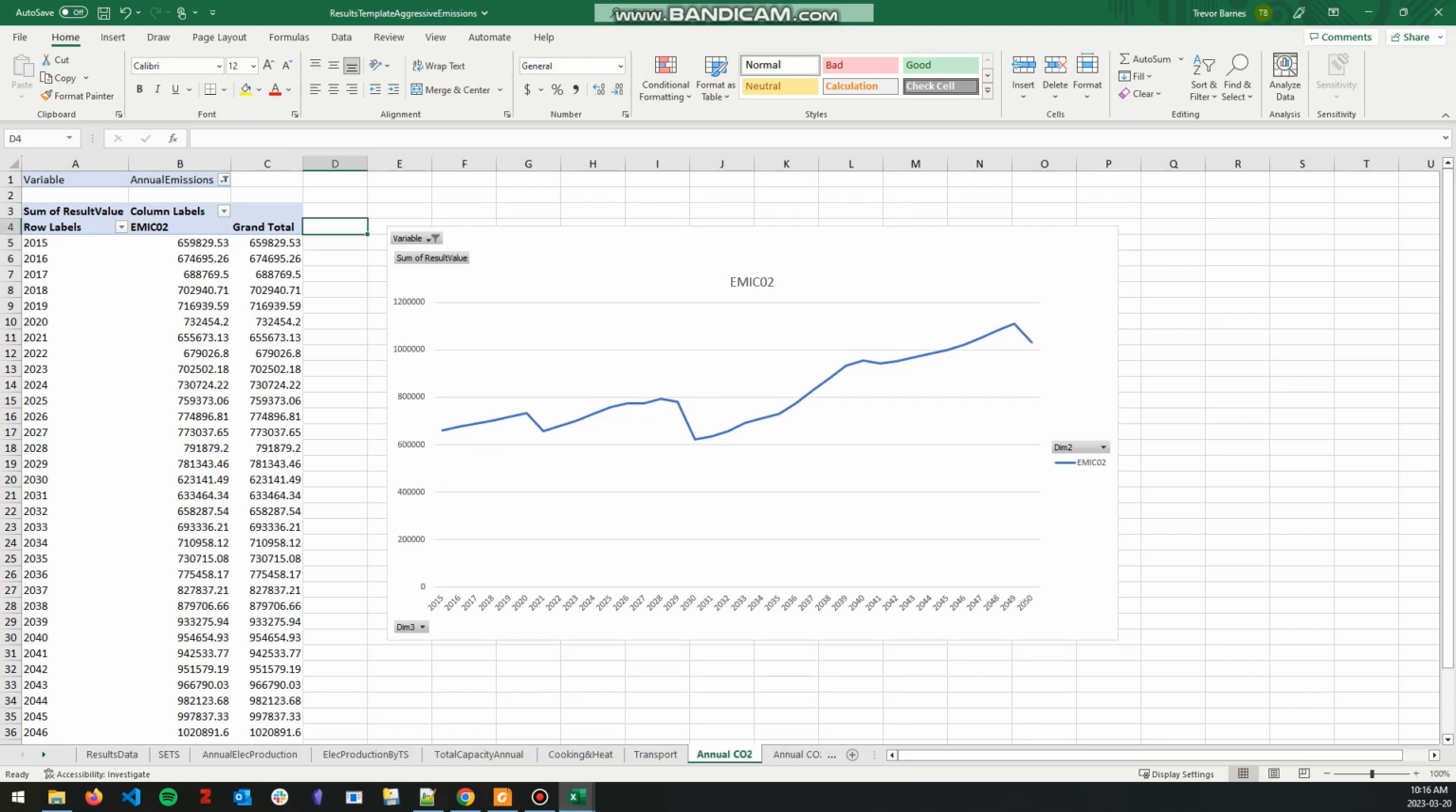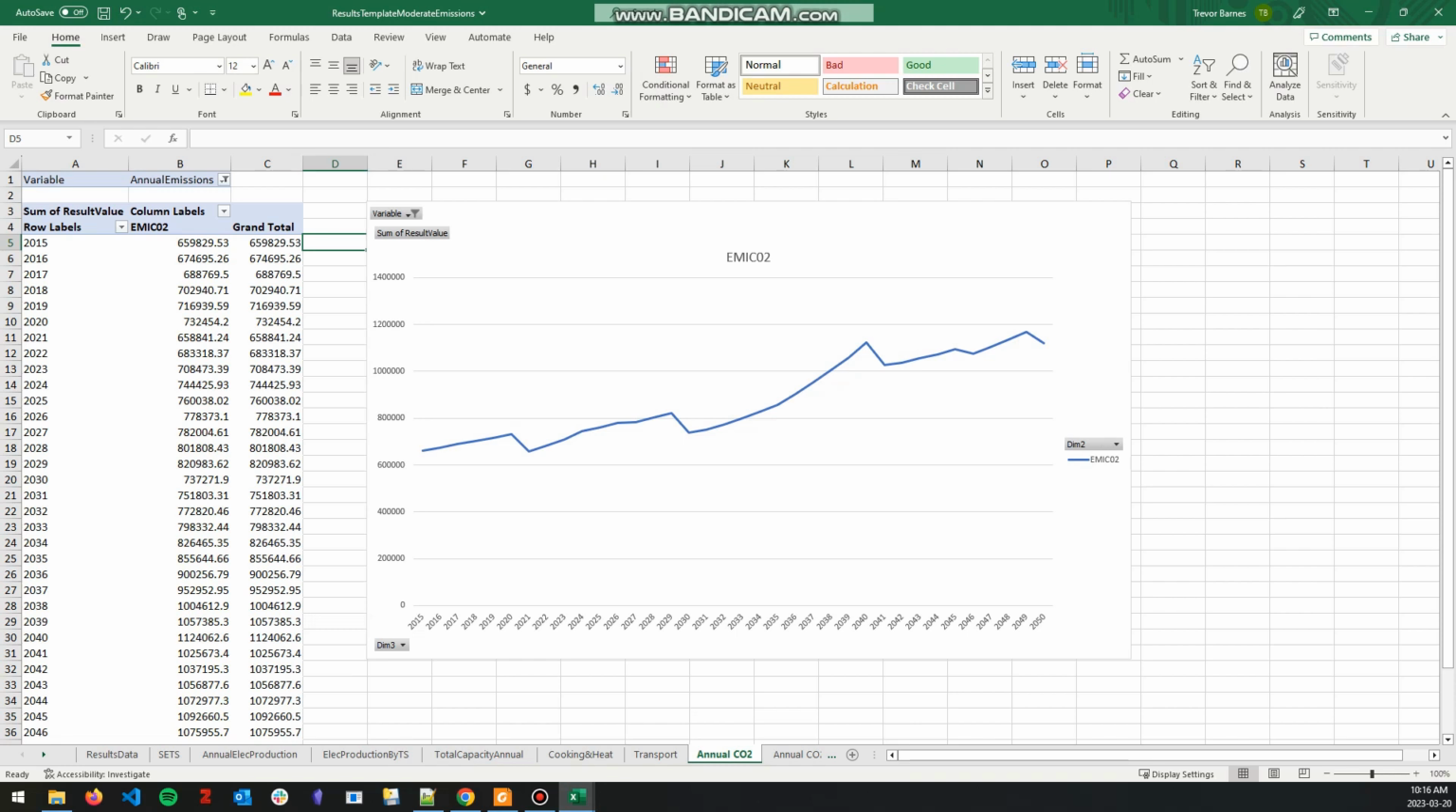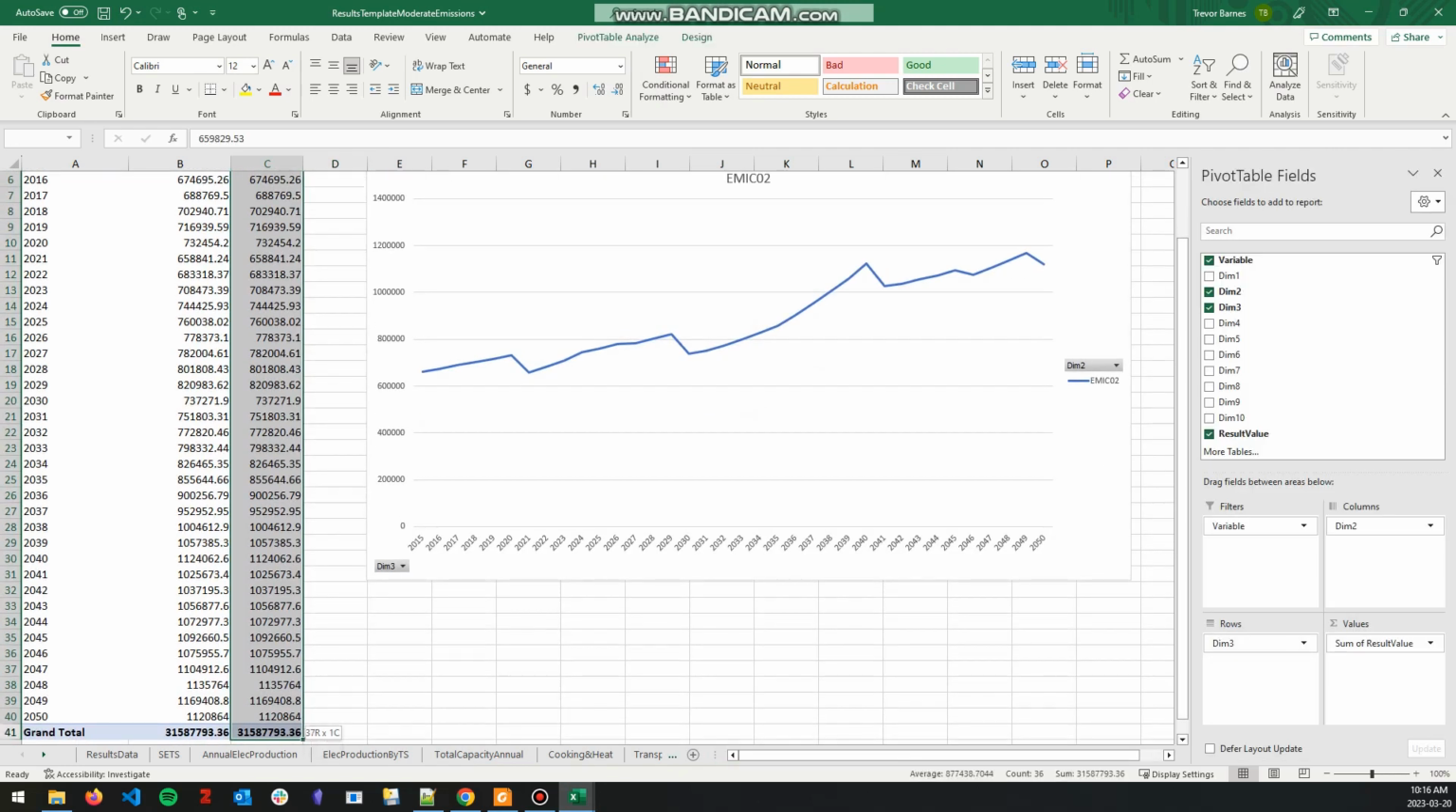In comparing this to the aggressive emission policy scenario, it can be quite difficult to see the differences when the data are on two separate graphs. So I will add both of these data to our results summary chart. So first, I will come back to the moderate emission policy. I will copy all the data for CO2 emissions,